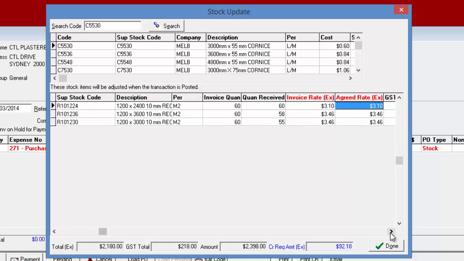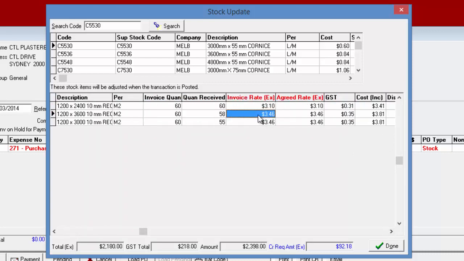So if I was to change this line here and make it 351, you can see that the agreed rate has changed with it, assuming that they've billed us the correct amount. That may or may not be the case, and you need to be aware where you've got trading situations set up, and you would then want to override